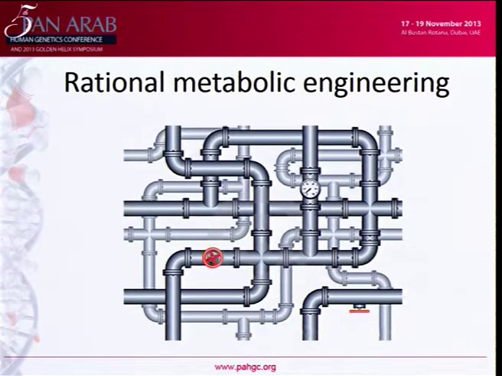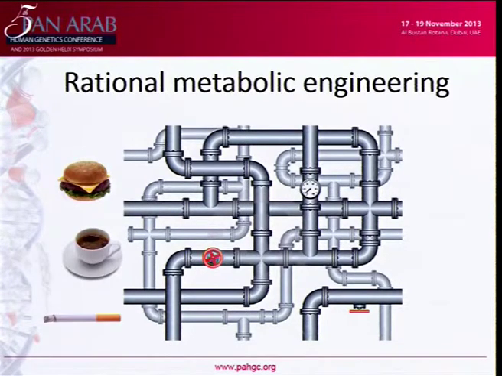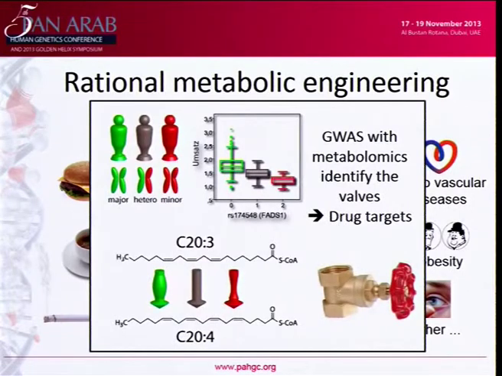But especially an idea is also from GWAS to say whatever gene associates with a phenotype, it's a target for a drug. And in the case of metabolomics, you could now think about using it for what you would call rational metabolic engineering, meaning that every one of these 36 variants, and in the meantime we have some more from new studies, is actually a target where you could intervene in the sense of saying, I put on a valve on these different